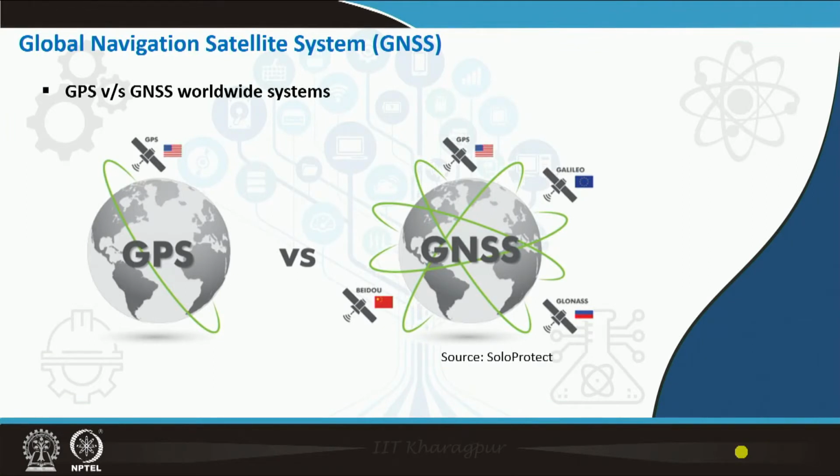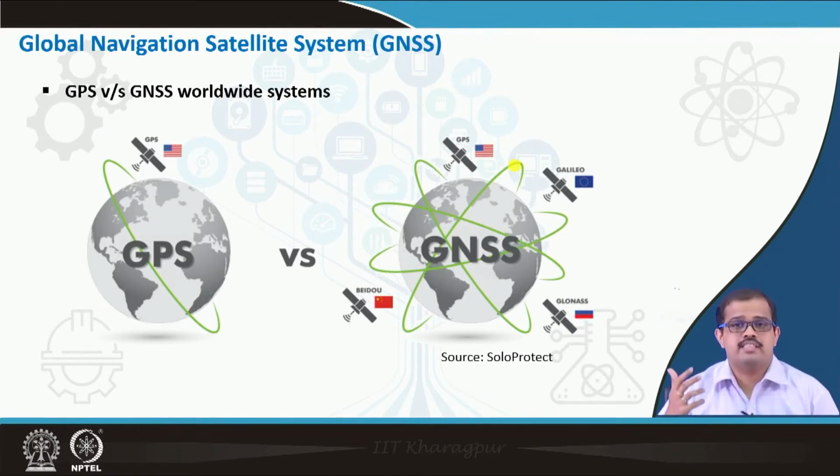When we look at the global navigation satellite system, until now we have learnt about GPS, which is from the US Department of Defense. Similarly, like GPS, we have Galileo, BDU and GLONASS. All of these are systems that can be augmented. When they are augmented, navigation becomes extremely strong and extremely precise. That is what is meant by a global navigation satellite system.